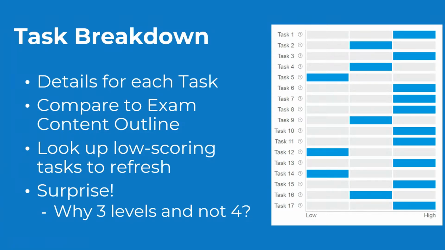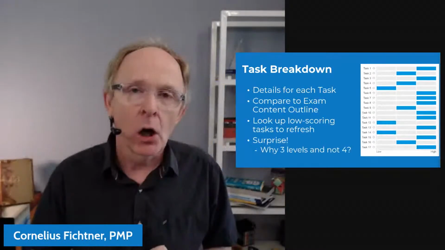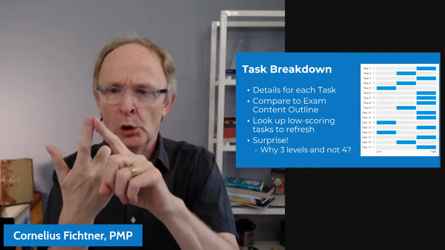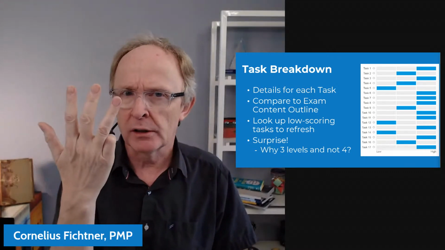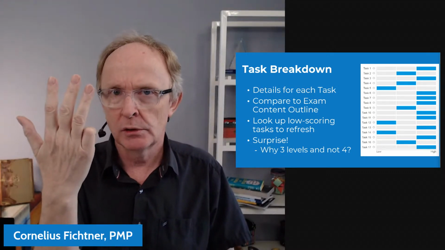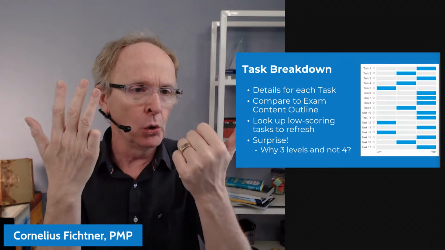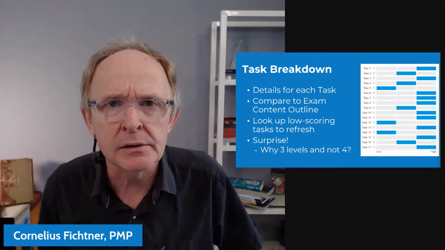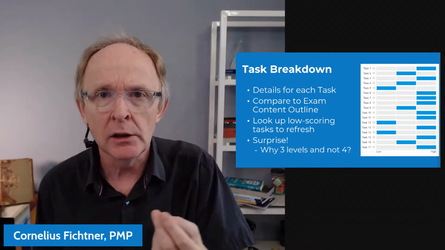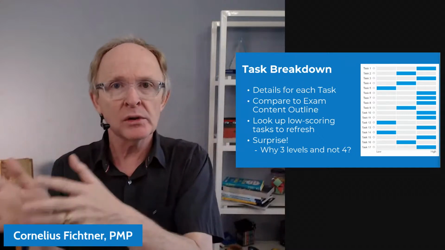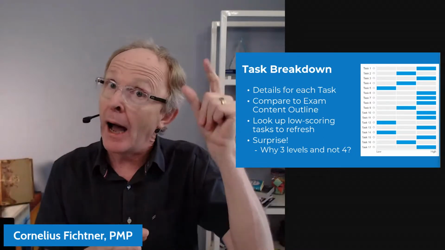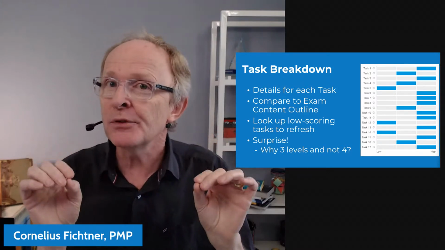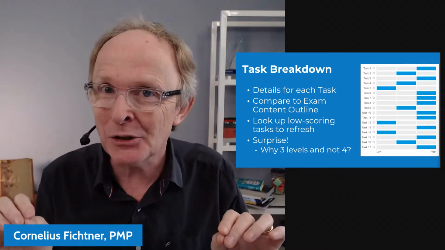Okay, a big surprise. Remember, we had on the exam report, we had needs improvement, below target, target, and above target. So we have 4 scores, right? Here, however, we have low, medium, and high. I was asking myself, why is PMI doing this? Why are they giving you 3 here and 4 in the other one? Why not give me 4 as well so I can compare? And that's when it clicked: so that I can compare. If you can compare, you can calculate,